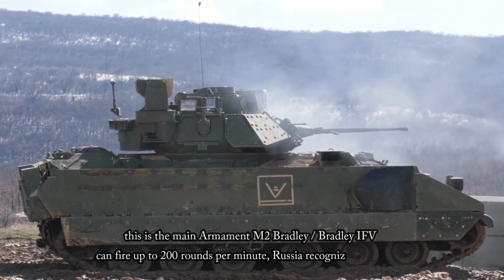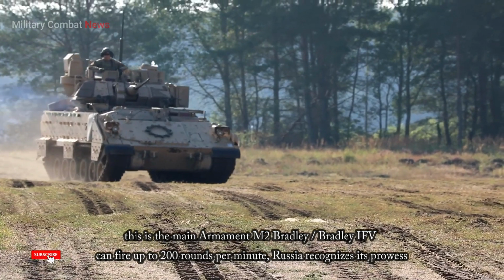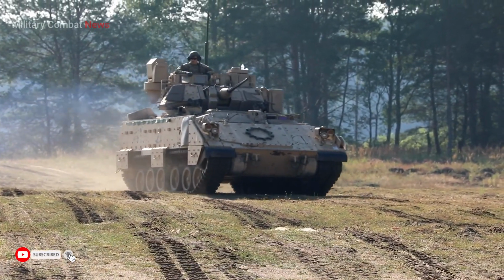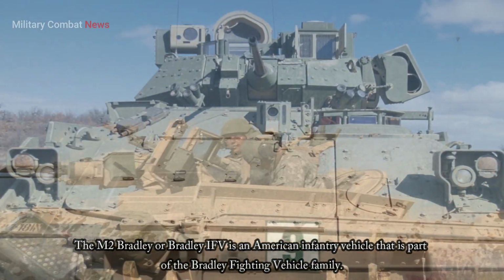This is the main armament. The M2 Bradley, or Bradley IFV, can fire up to 200 rounds per minute. Russia recognizes its prowess. The M2 Bradley, or Bradley IFV, is an American infantry vehicle that is part of the